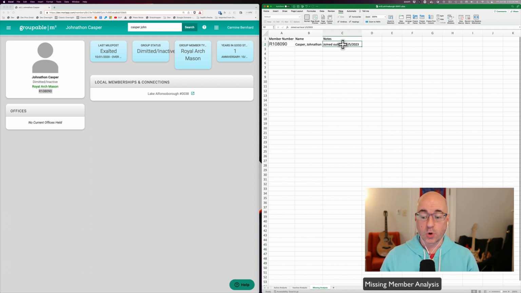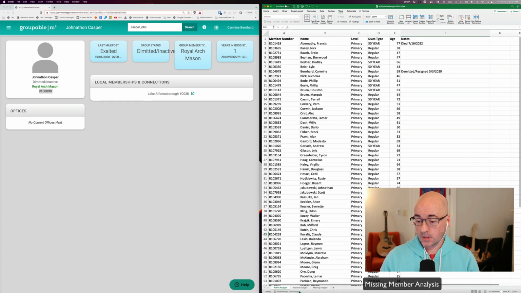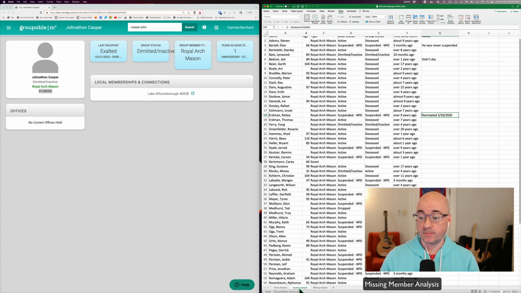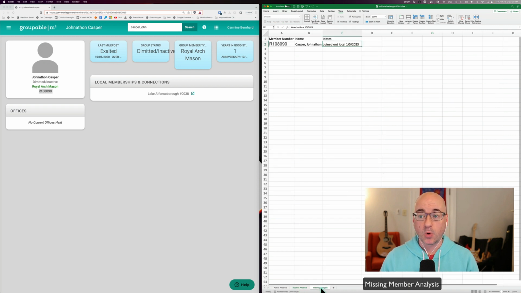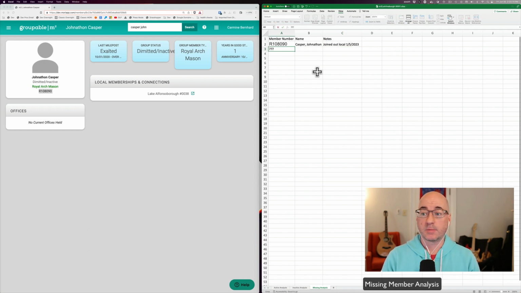And then we're going to work through these 3 tabs: the inactive analysis that you've done, and then the missing people. And we're going to fix those up. And I'm just going to add one more missing person. We don't know what the member number is because there's no record in the database for this person at all. They're just completely missing.